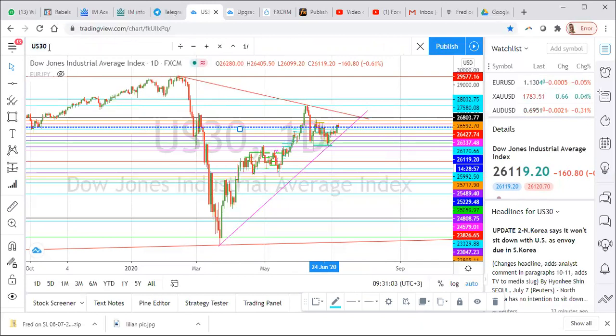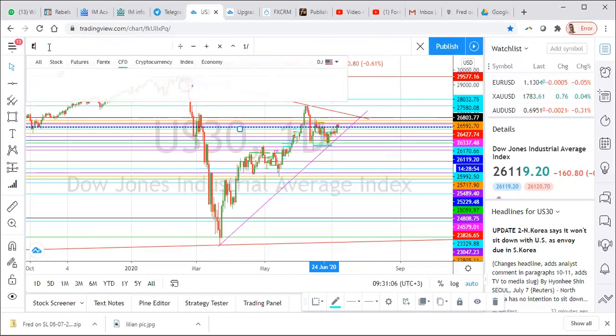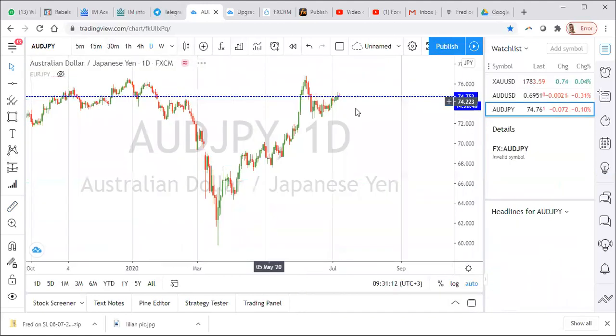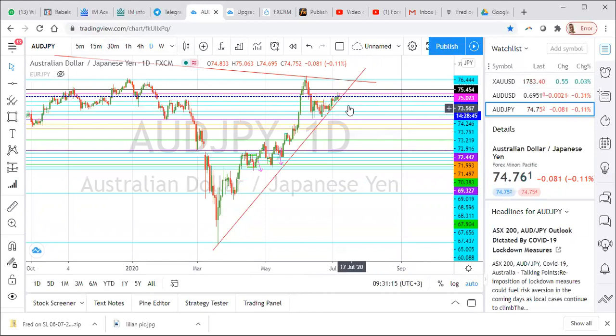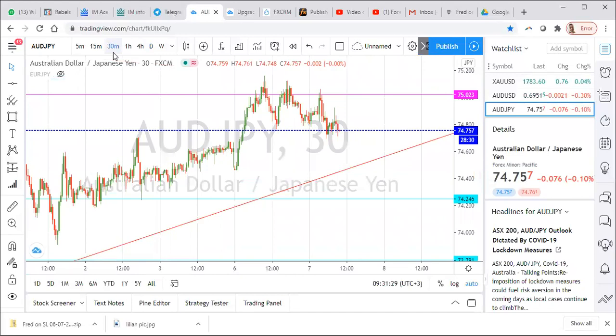Let's look at another. Now let's look at euro. No, let's look at my favorite pair, AUD/JPY, and then I'll look at gold. So same thing here, a bit of rejection. Okay, so it didn't get to the high. So this point here of 75.023 is a pretty strong supply zone. If I look at the 30 minutes, it totally confirms that. You see a double top here, triple top. So I kind of feel like it's about to drop with a bit of rejection here. So obviously waiting for a good entry level.